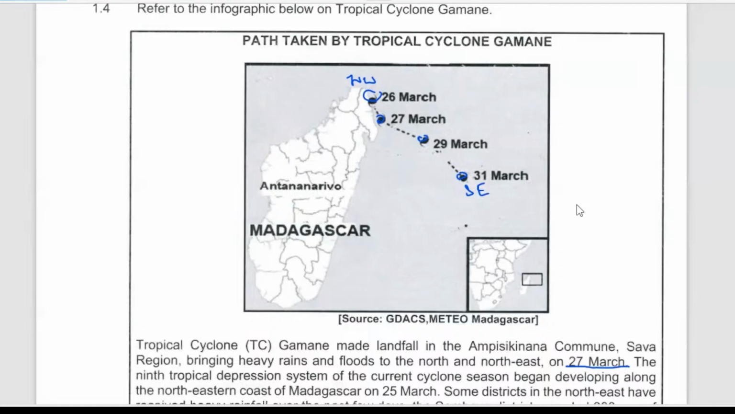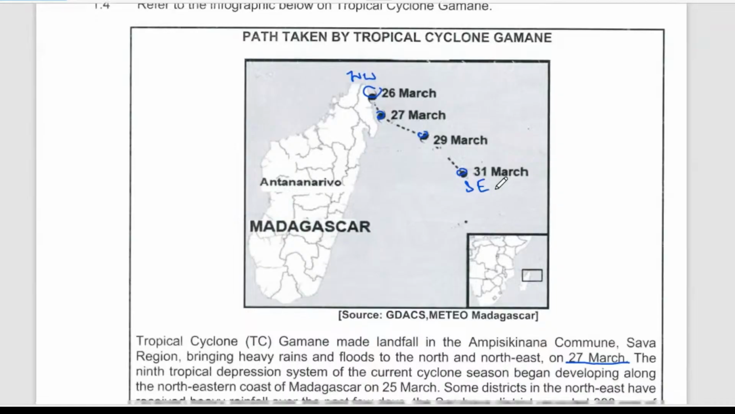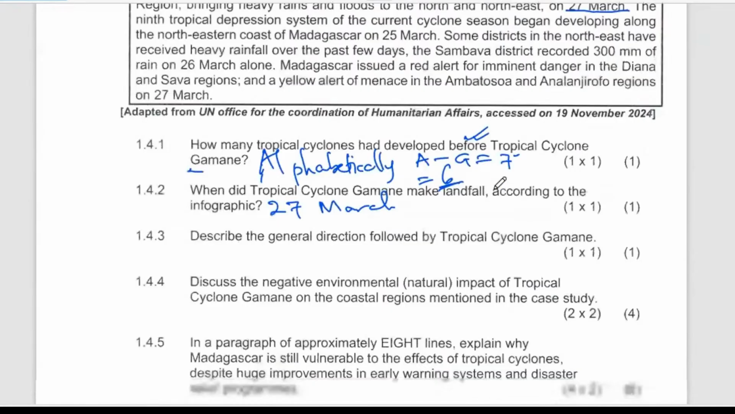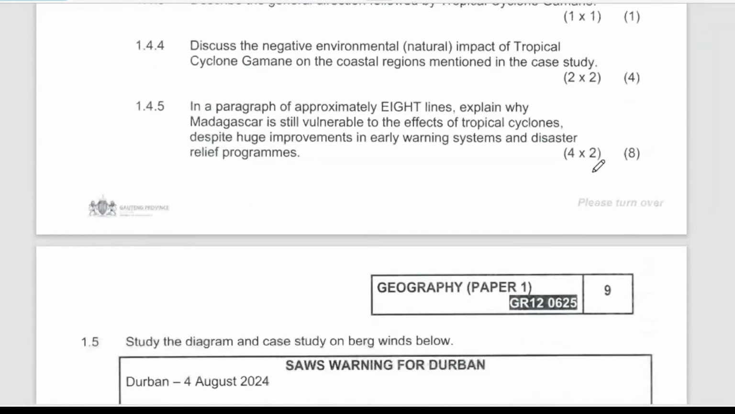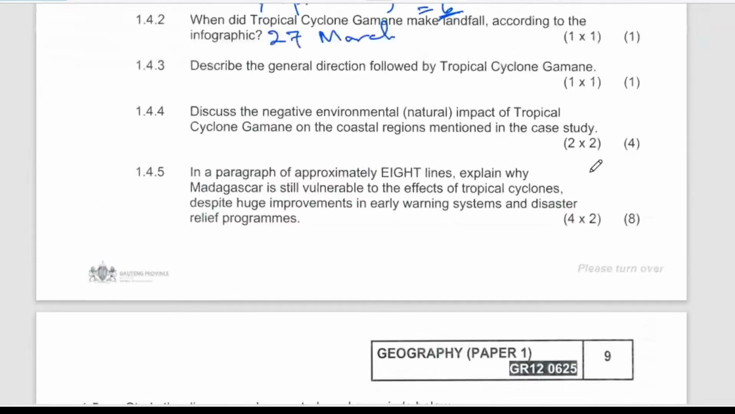That is basically the movement direction. It was coming from the northwest, drifting southeasterly. That was the movement direction of that tropical cyclone from 26 March until it got to 31st of March. Right. Discuss the negative environmental or natural impact of tropical cyclone Khamani on the coastal regions mentioned in the case